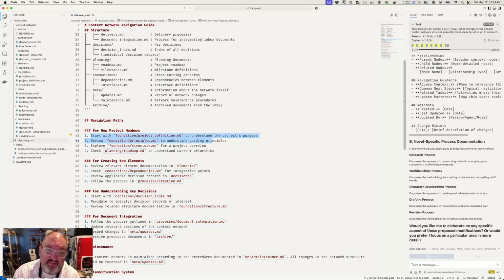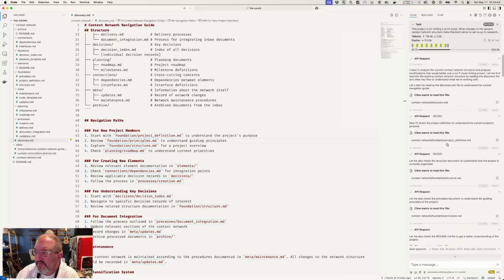Turns out that a lot of this stuff is also very useful for people, which is why this is a really great collaboration kind of thing, because it keeps really good documentation of what's happening. It will read this, and then from here it will say, I do want to start with the foundation project definition. So if we go up in this history over here, you'll see that it started by reading the discovery